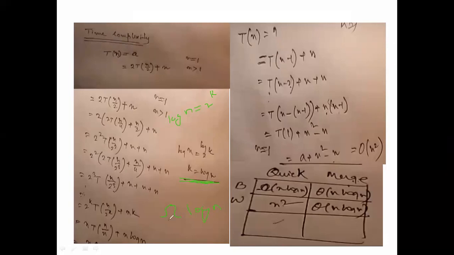So substituting the k value in this equation, we get big O of omega of n log n. Substitute the k value in this equation, we get the n log n. Already we did this in the same method. This is the best case for the quicksort algorithm.